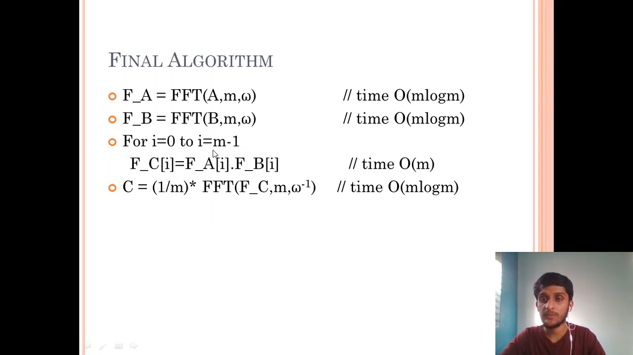Then we calculate the product in the point value form, which is just the dot product of all the values which we have formed from this, the point values. This would be just linear in time, and then we can calculate the inverse fast Fourier transform, which also sums to m log m time. Okay,